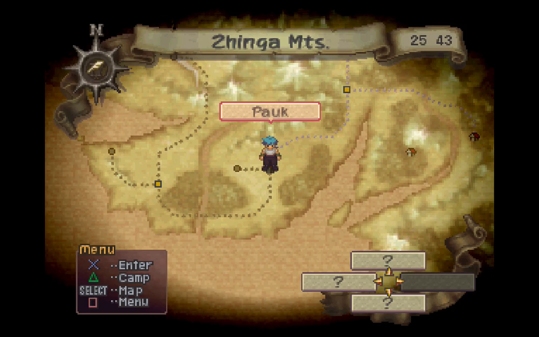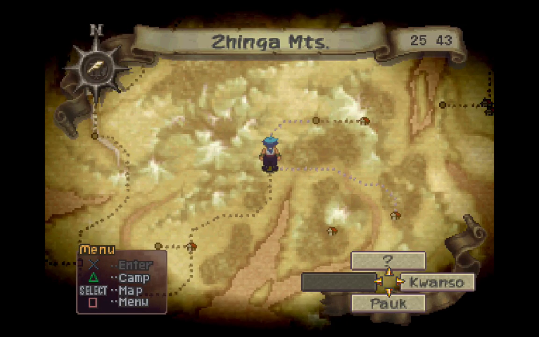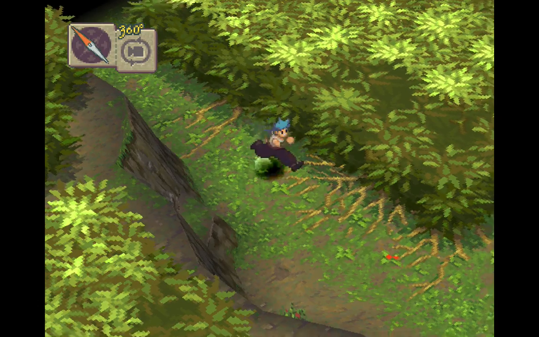You see the area splits off. Okay. Now, I don't believe there's anything we can do at Quanso right now. Yeah, so we want to go up this way first. What's this? Do we want to stop here? Yeah, let's stop here. And if you go here,